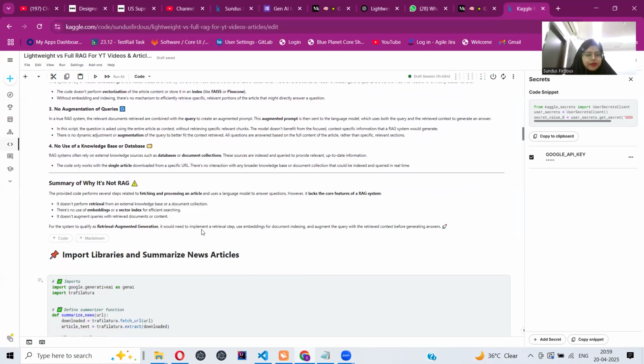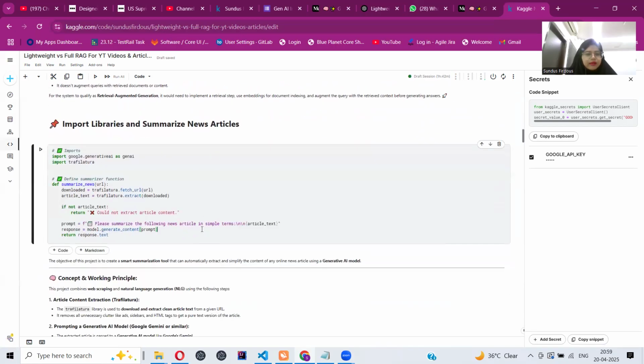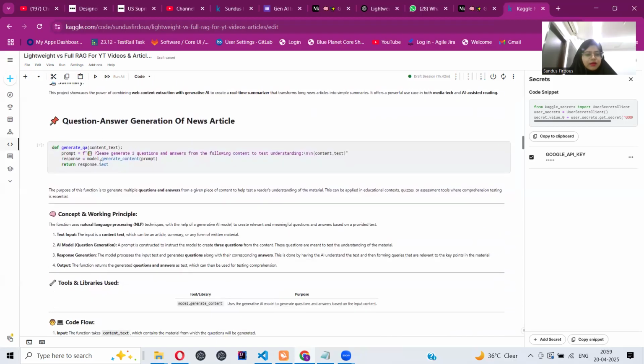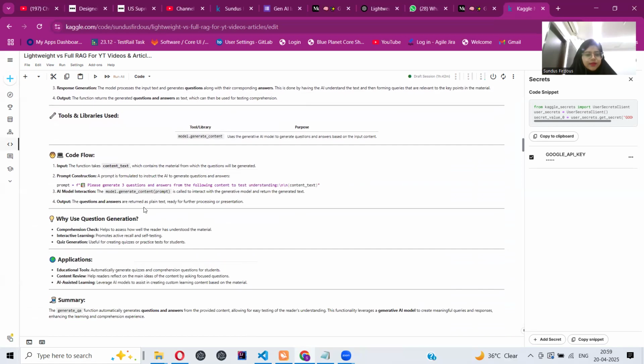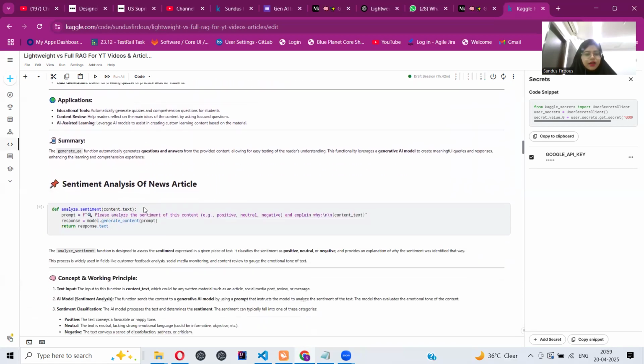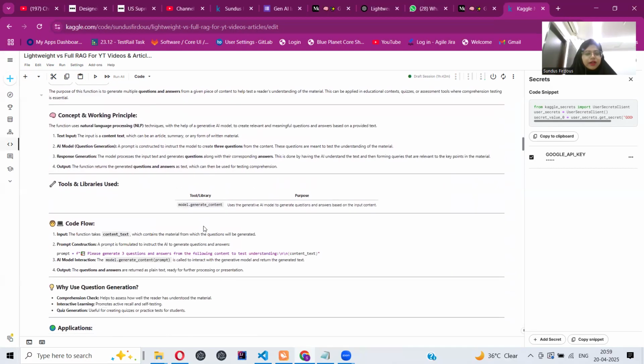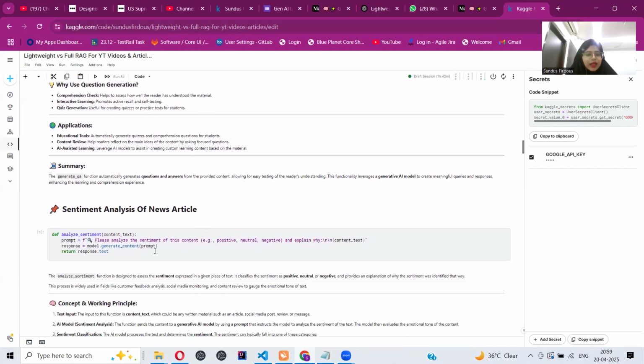Now move on to next. Here are some libraries I imported to summarize the news article. Here's the function that I've created to summarize the news article. Let me run this. Now, this is a function I used for Q&A for the news article. This function will automatically give you 3 questions along with their answers for that article. And here's the sentiment I use for my project,